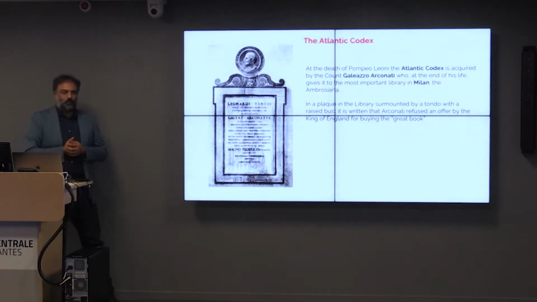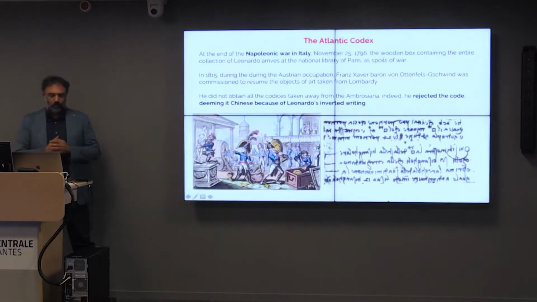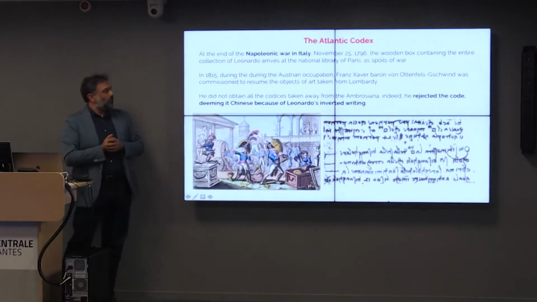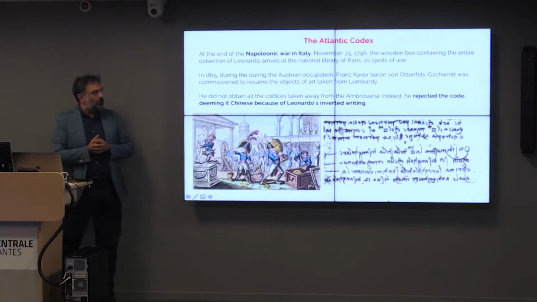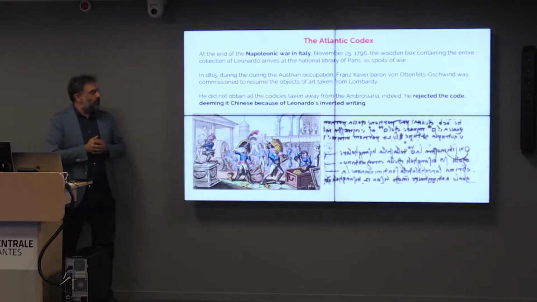Summarizing, before the Napoleonic era, we had three different main collections: one in Windsor, one in Madrid, and one in Milan. But then we have the story that Napoleon came to Italy and moved this collection, the Atlantic Codex, to Paris. And then we have a funny story